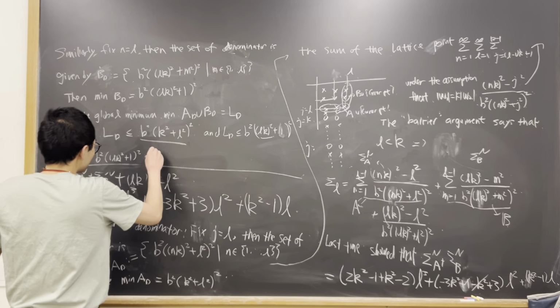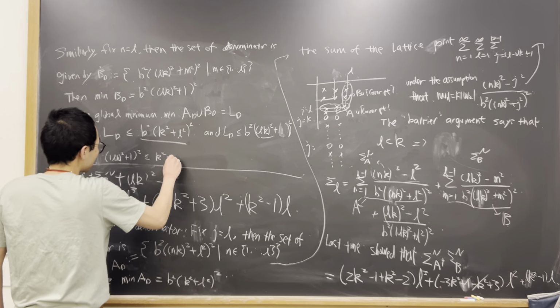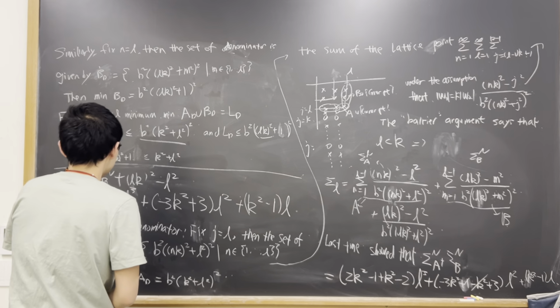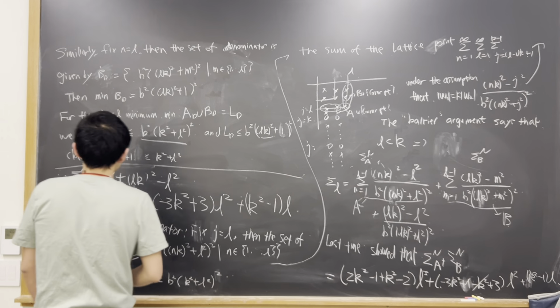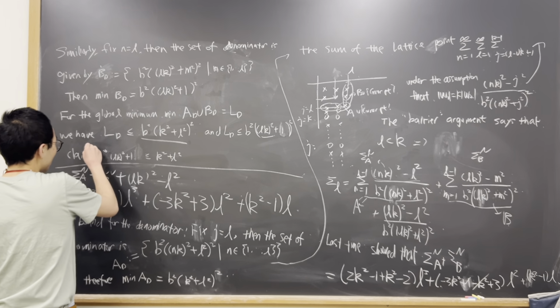So it's less than or equal to. So let me delete the b. K squared plus, and also delete the square. So why is this true? Because the left hand side is exactly equal to